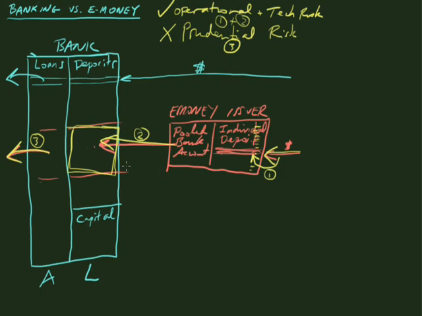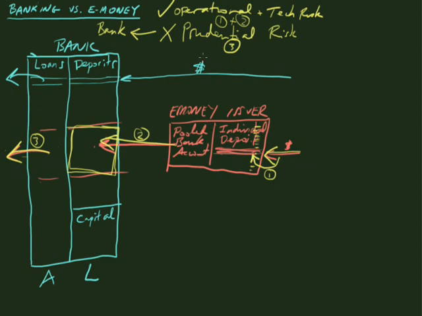In the case of e-money issuer, prudential risks don't arise because they don't loan out money. All they do is pass money on to a fully licensed bank. It's not that prudential risks don't arise, but rather the prudential risks are being passed on or outsourced to the bank, and that's what the pooled bank account does. By passing this money on to the bank through the pooled bank account, now it's the bank's business to invest that money responsibly. But of course, what you've done now is passed on the prudential risk to players who are already regulated and supervised to handle that risk.